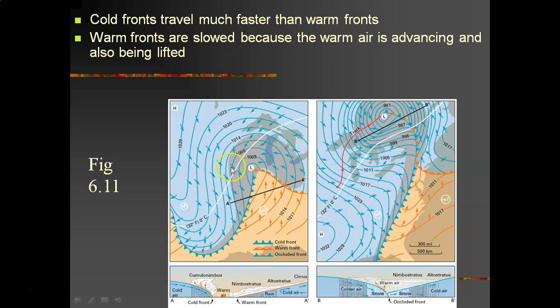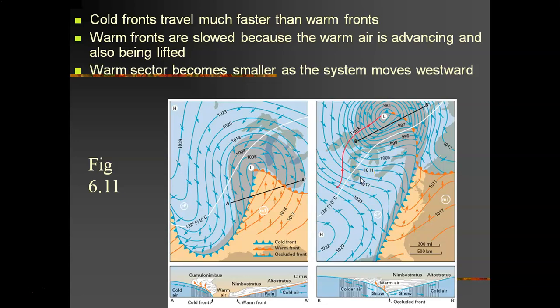And so they're actually showing on this map the track of the low over maybe the next day, right? And you can see what's happening is the cold front has actually narrowed that warm air sector, and way up closer to the low where the winds are stronger, we've actually caught up and we've created an occluded front. Now on this one weather map, they're not showing it purple. I don't know why, but they've got the symbology of the cold front and the warm front on the same side of the line. And so I guess sometimes you see it this way, but